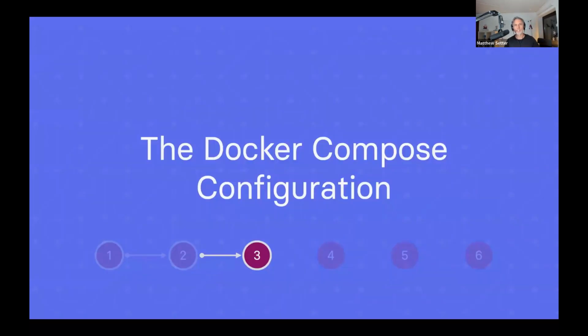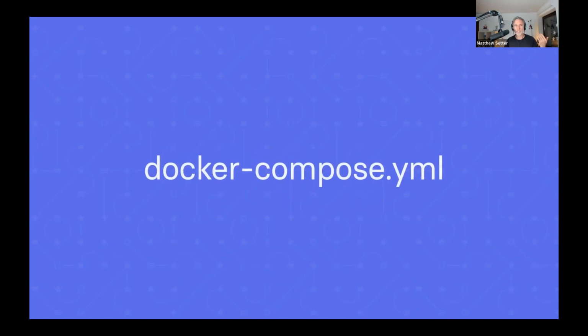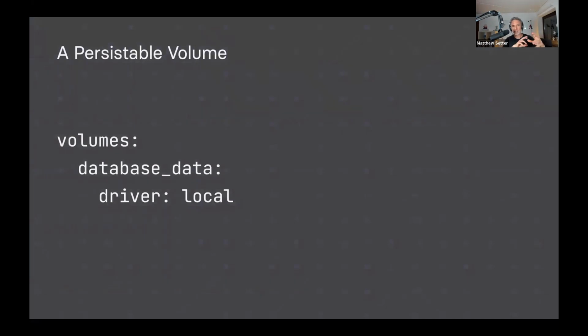Now with the Dockerfiles and their supporting files ready, let's now work through the Docker Compose files. Starting off with the base one, which is docker-compose.yml, Docker Compose's primary configuration file. The configuration starts by setting up a persistable file system volume, which will be used by the database container. This is important because while file systems in Docker containers are writable, they don't persist changes across container restarts. This is because when a container is started, it uses the specified image at the time that it was